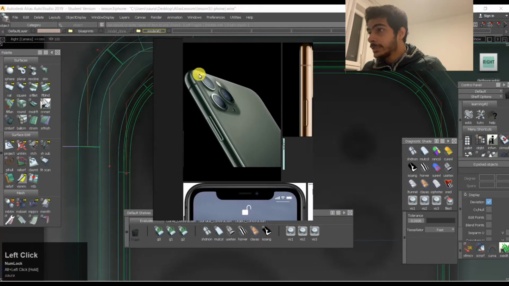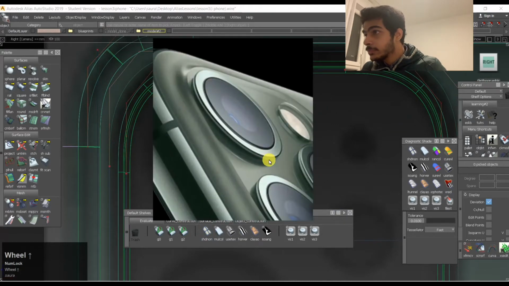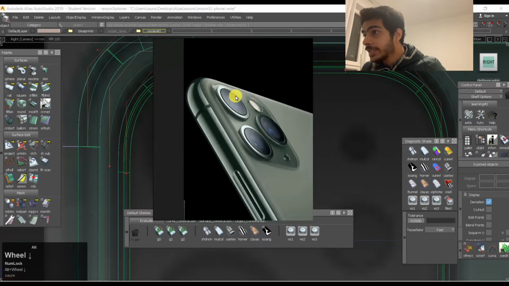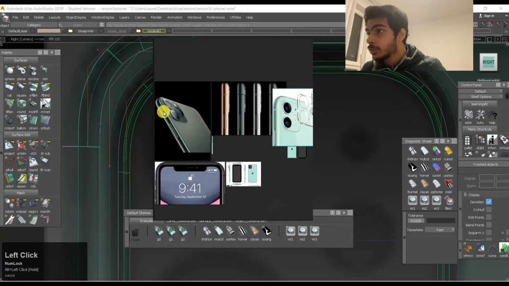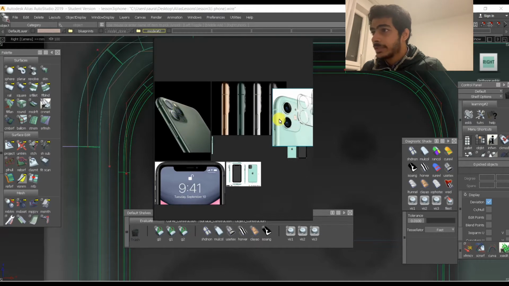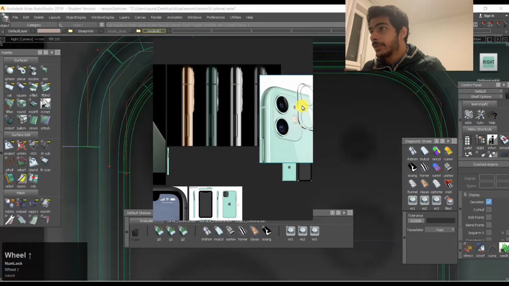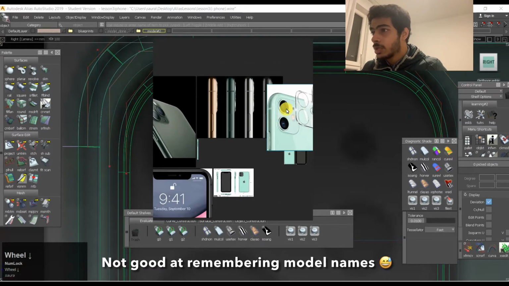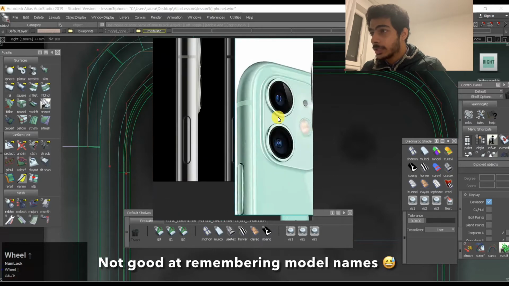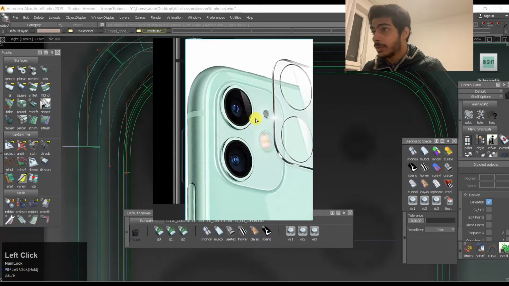I can clearly see, okay, so this is something which is protruding out, right? Maybe some of these renders are not very accurate according to this. Also, we'll keep in mind that these are two different models, right? This one is the 11 Pro Max and this is the 11 Pro. So I think we'll go with the 11 Pro maybe, or maybe the 11, right? This is the 11 Pro, I guess. So we'll just work on this one, the double one, and we'll refer to this one.